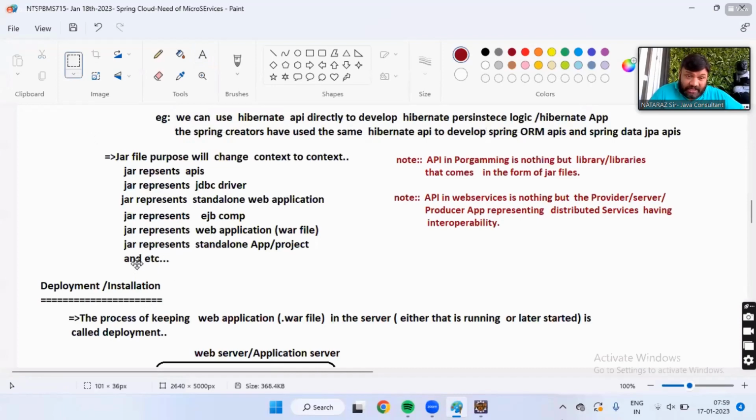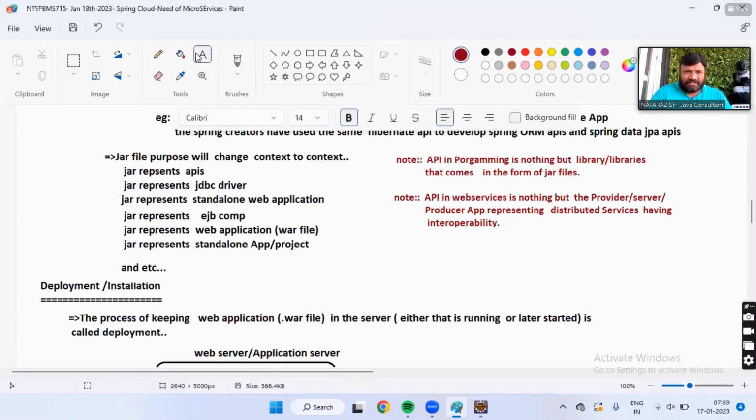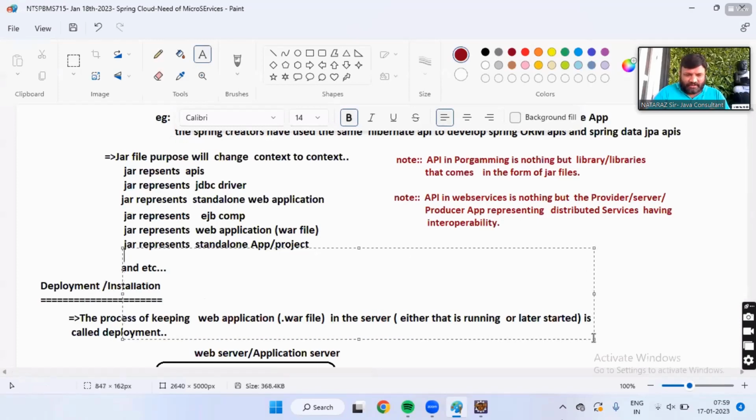A jar file represents an EJB component. A jar file represents a web application. A jar file represents a web service provider or server or producer application.